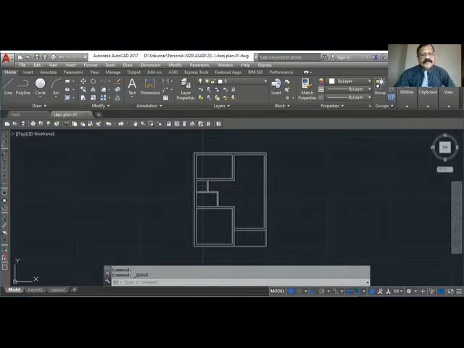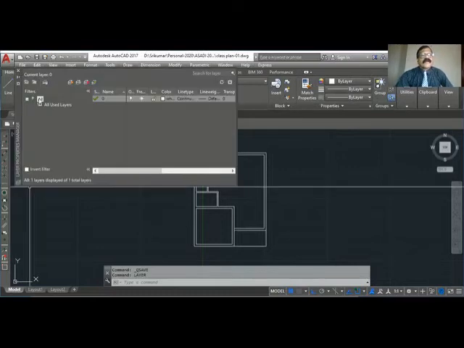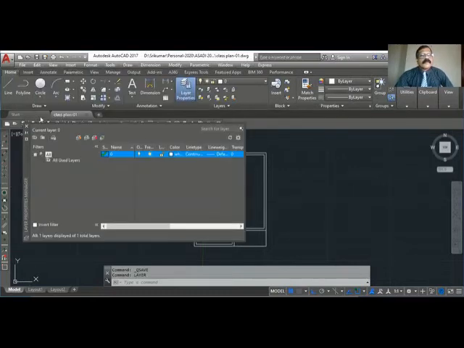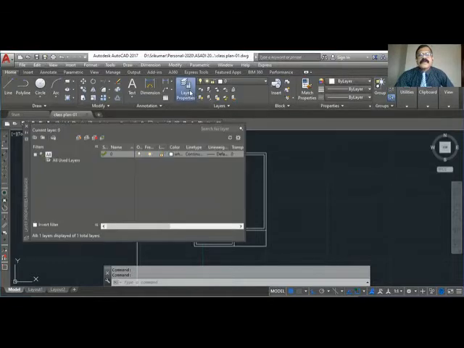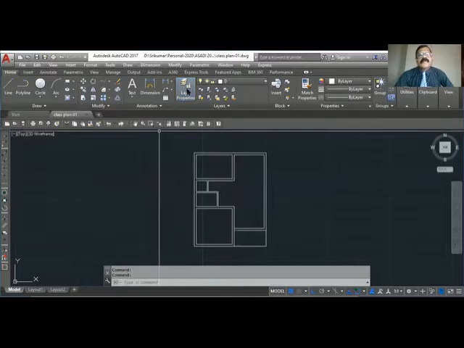So you get a dialog box for layer. I can get the same thing from here, click this layer, you get the layer properties. You can type layer or click layer properties.